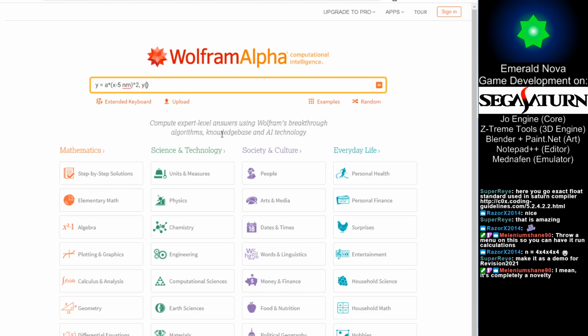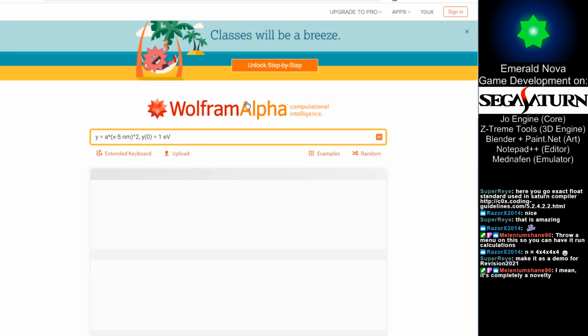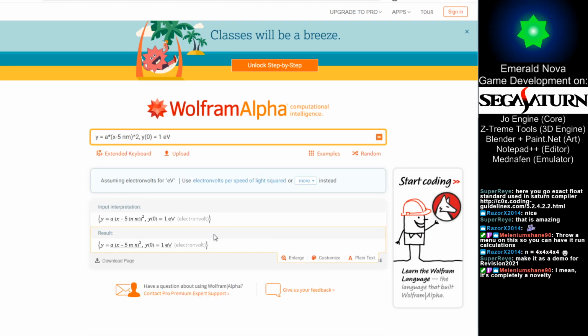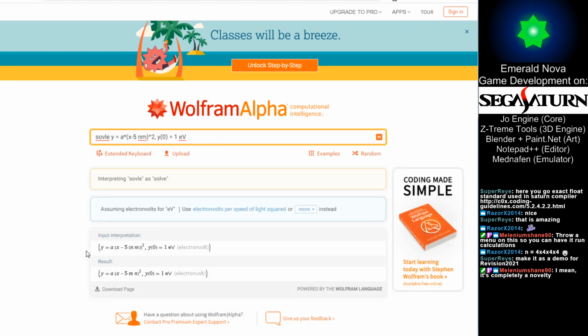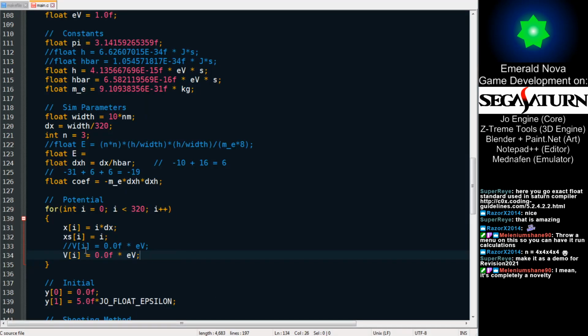Actually, I could probably do this in my head now that I think about it. Y of 0 should be equal to 1 electron volt. It should probably be like 1/5 electron volt for that A value, right? No, I didn't want to solve it for me. Probably help if I actually spelled it. Yeah, it doesn't want to do it for me. Okay, but basically, if I make 0.2 float times electron volt times whatever the x value is,